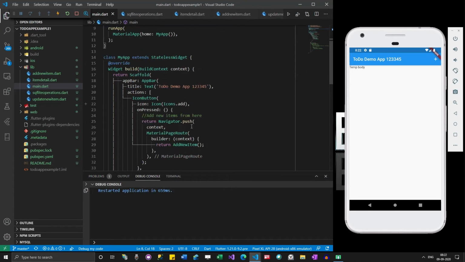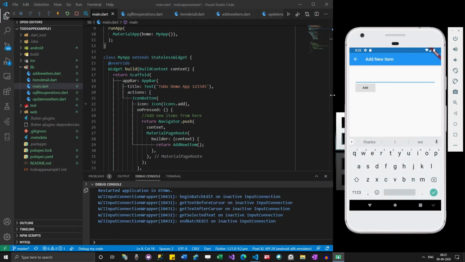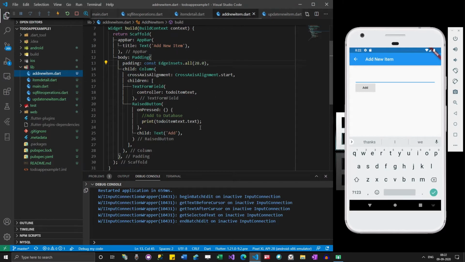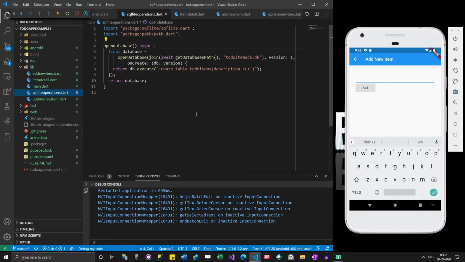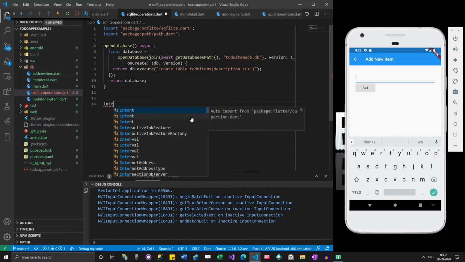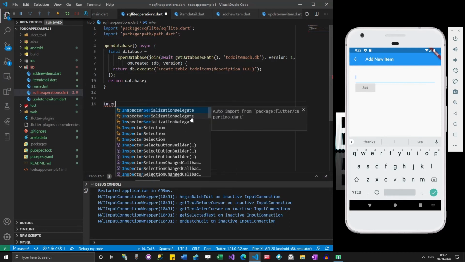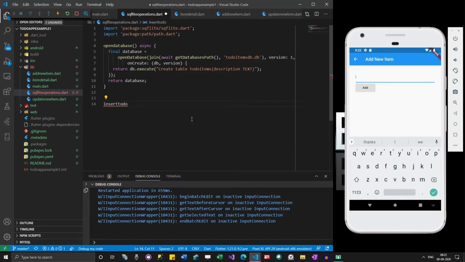Now it's fine. Now whenever this add button is called, I need to add some code for add new item. So I will go here and add code for inserting a new item. For that what I'm going to do is insert ToDoItem of,